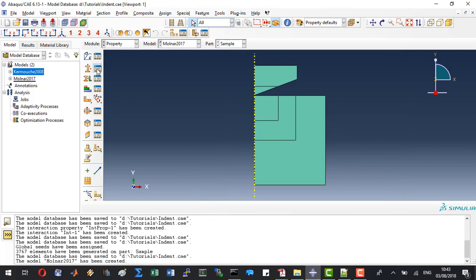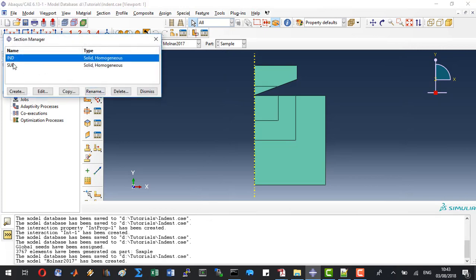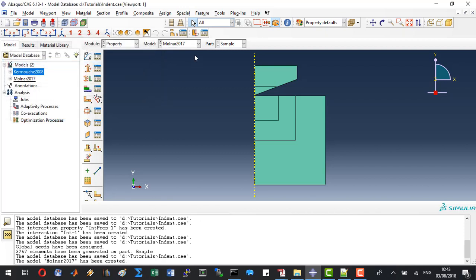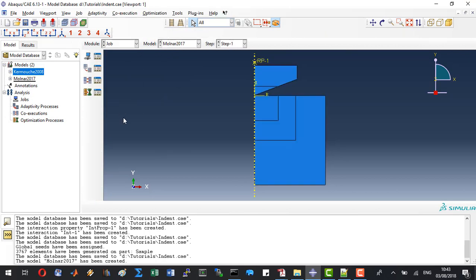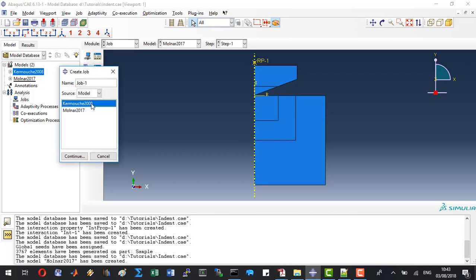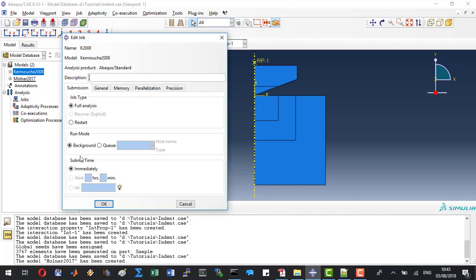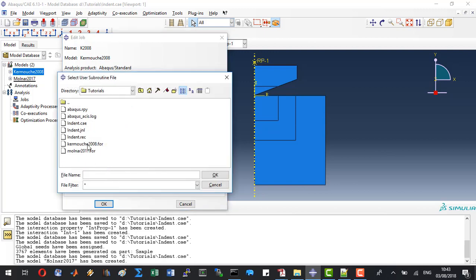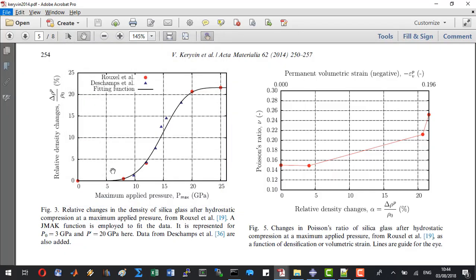Let's dismiss this window and change the material for the substrate section. Click OK and dismiss for the model of Monar 2017. In the job section, we will create 2 jobs. One is based on the Kermouche model, where we will add the subroutine like this. Click OK,